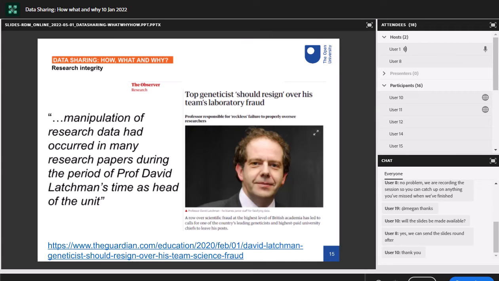It seemed like there was a serious problem with the working culture in Latchman's lab. There were several researchers who were falsifying their results. Now, I would argue that if these data had been published in a repository with more opportunity for scrutiny, this level of fraud would be much, much harder to get away with. As it was, they were releasing their results without releasing the data, and that meant that this fraudulence went by